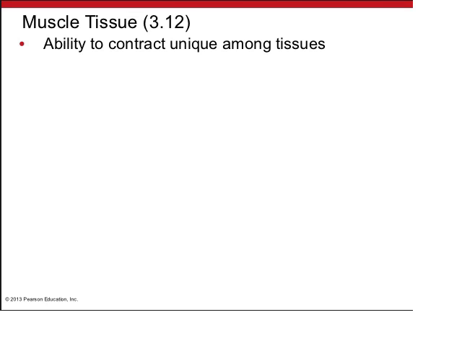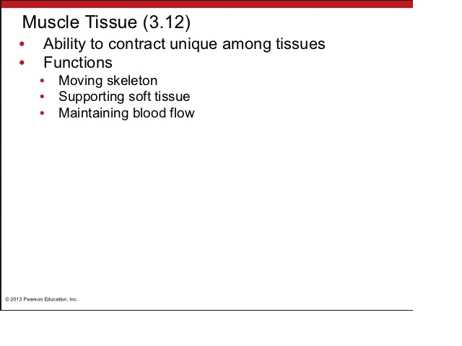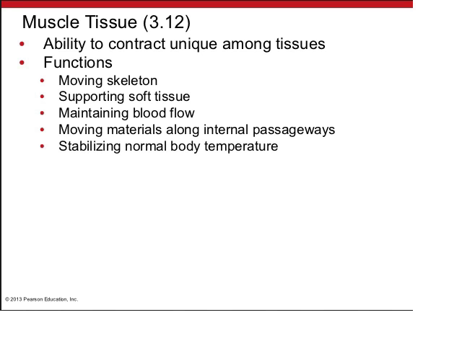Muscle is unique in that it has the ability to change its shape, produce force by contracting. It moves the skeleton, it supports soft tissue, it maintains blood flow, it moves materials along internal passageways, it stabilizes our body temperature. Now you might say, okay, I can see some of those, but how about this moving materials and body temperature stuff and maintaining blood flow? Well,